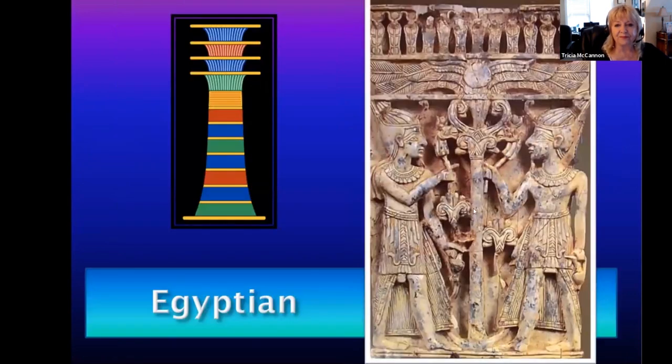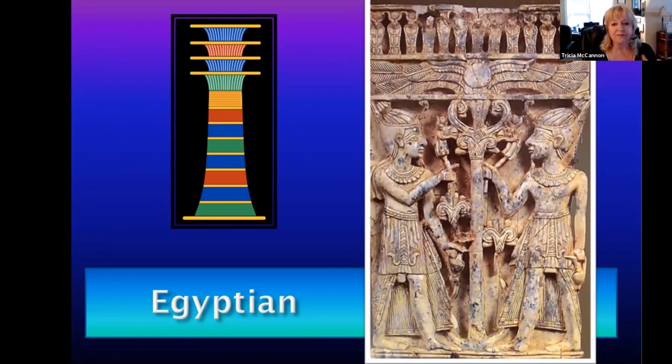Here's the tree. And they literally look like they're almost like plastic tubes where they're squeezing the juice from the fruit of life down into these little containers, these little vessels, okay? And that's actually what was happening. And you see here with the skirt that they're wearing, the two serpents that are coming down in the panel in the center. This is all, every bit of this is Hermetic symbology. And we have to be able to decode the Hermetic emblems in order to penetrate what was being said.